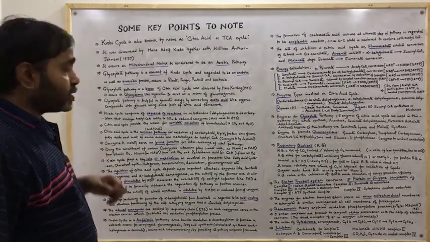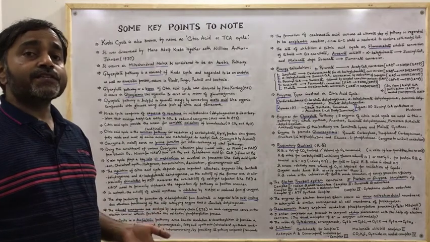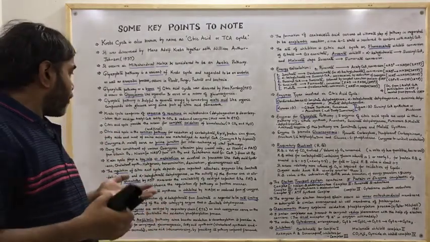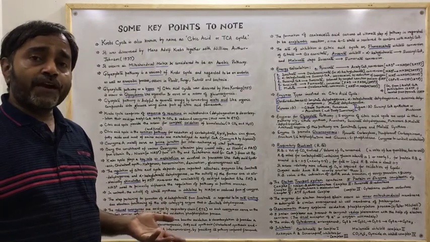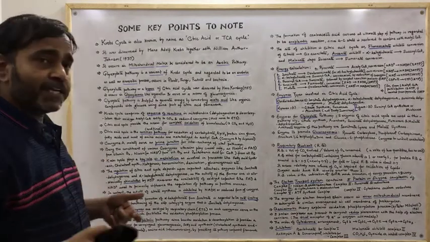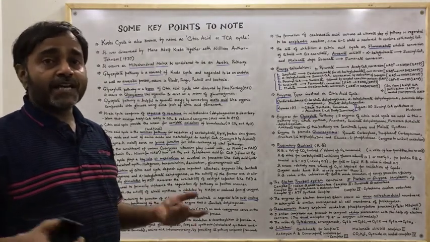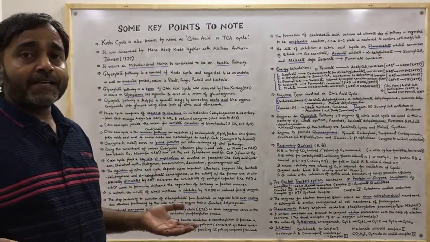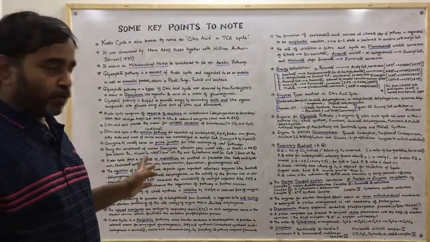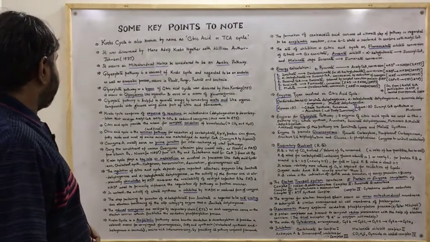And what is ketogenesis? Ketogenesis is synthesis of ketone bodies. And what is transamination? Often it occurs when an amino acid is required to be converted into a pyruvic acid like molecule. And what is deamination? By deamination, ammonia is liberated, and by that the amino acid molecule can be degraded. So this is important to know. Now we will see the next point.